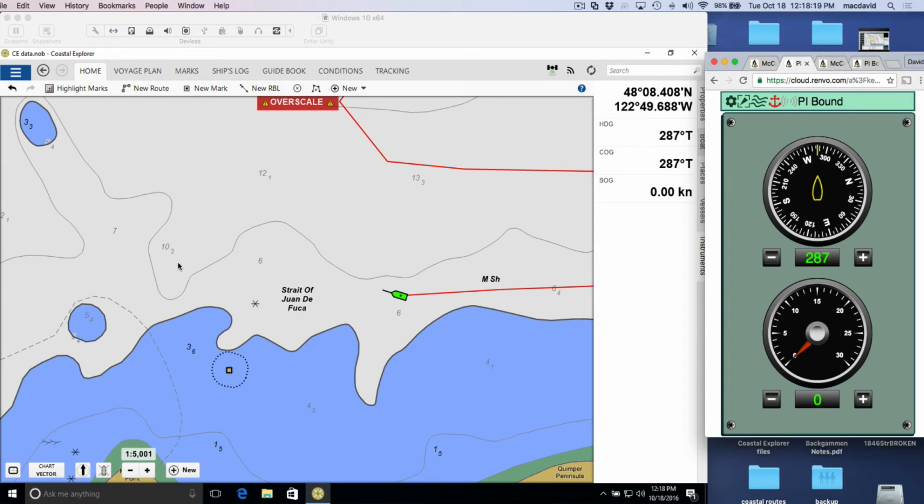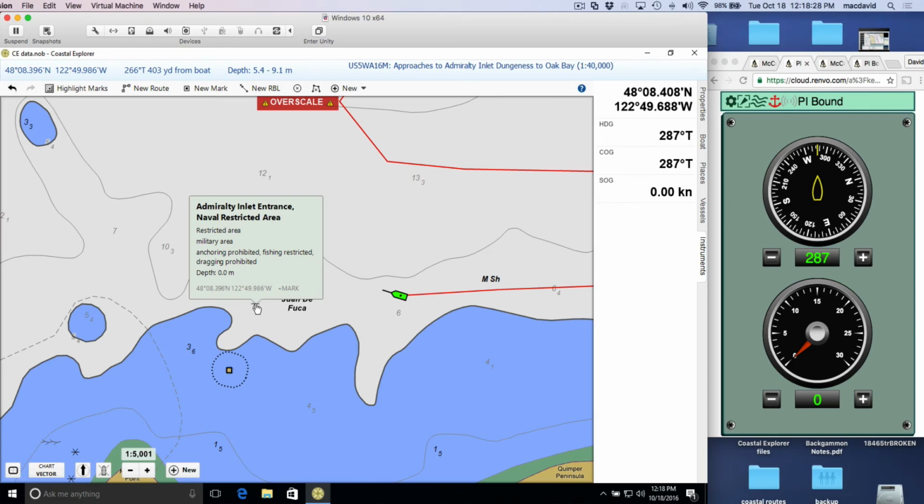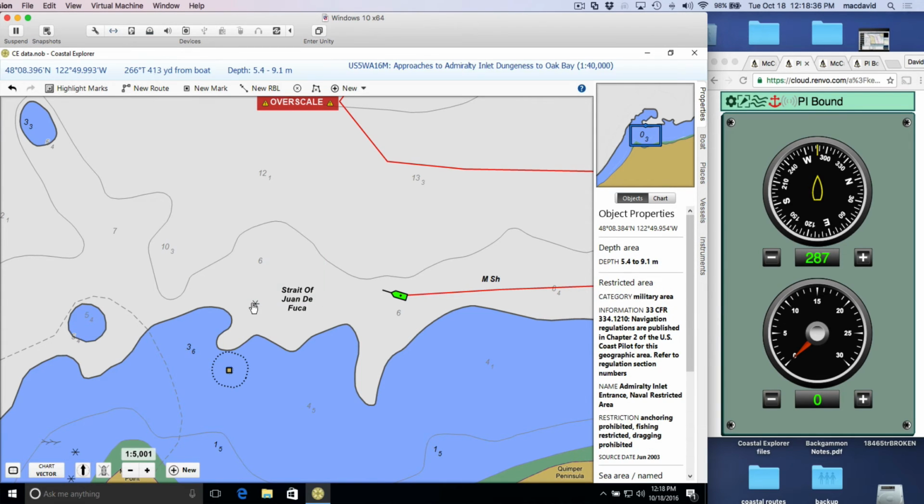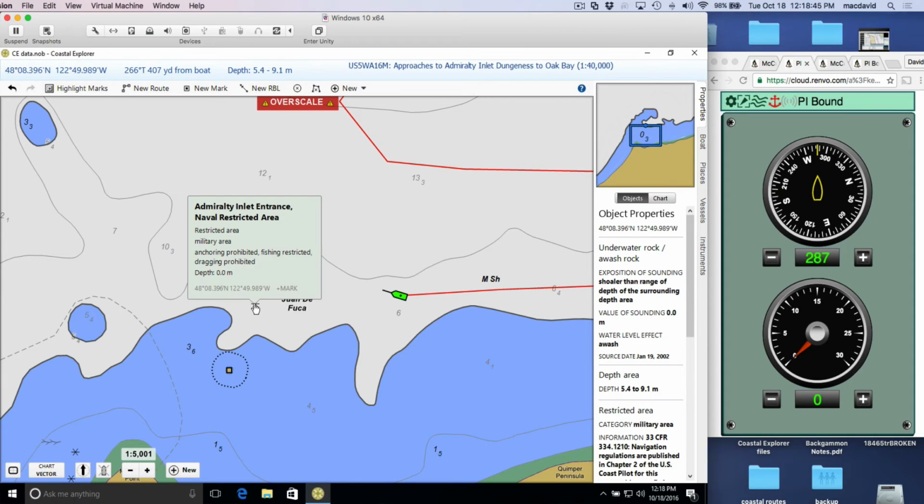But this is ENC, electronic navigation chart. These are databases. They know what's in front of the boat. And this rock here, let me look at instruments, properties. You see, this rock here is a very, very special one. I have to click it, I guess. So you see this rock, value of the sounding